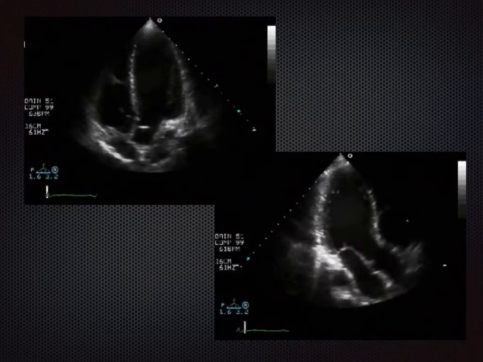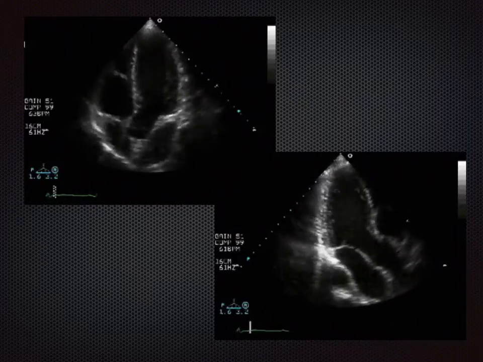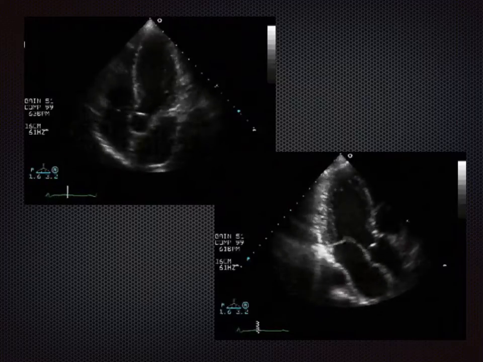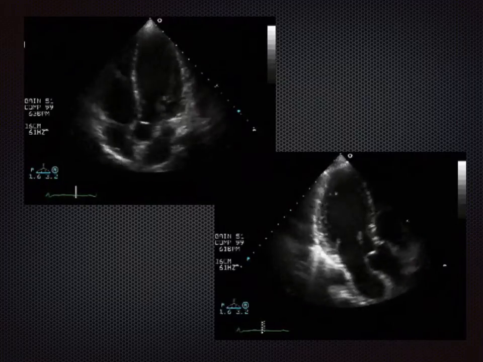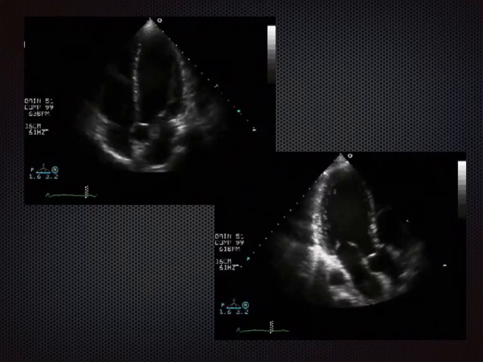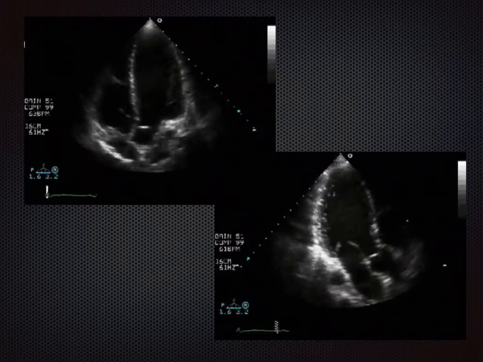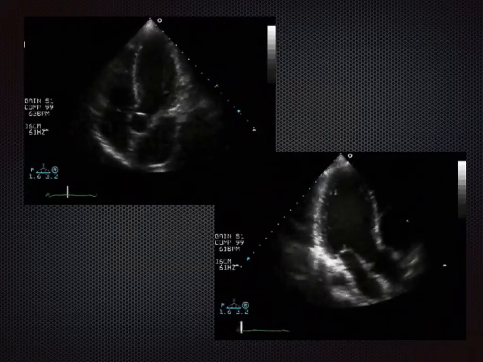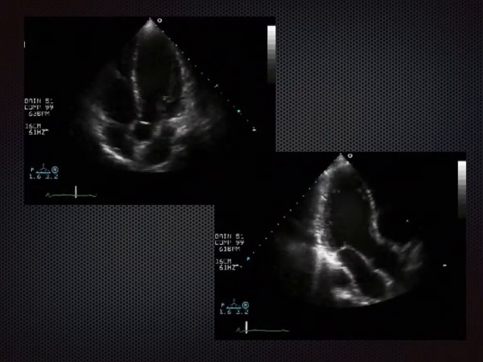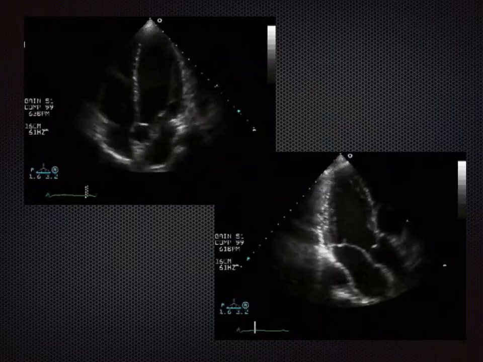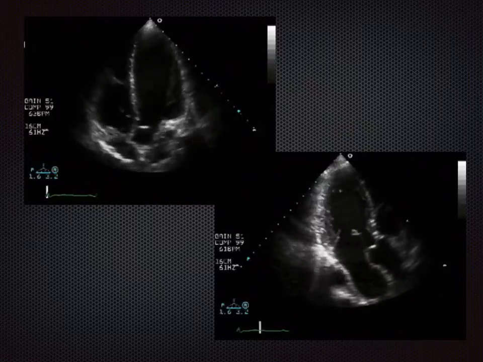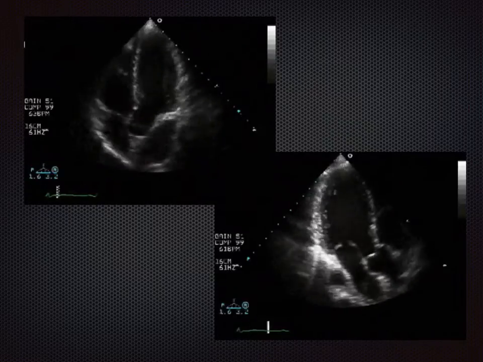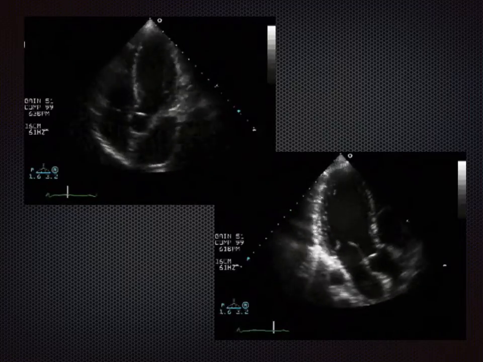On the bottom right, there's a view that actually looks very similar to a parasternal long axis, but instead of being fairly horizontal, it's actually vertical. So this is the apical 3 chamber view, and it's a 3 chamber because it shows the aortic outflow. It's not really a chamber, but like the 5 chamber, that's not really a chamber too. But when it shows the aortic outflow, then it's often given an extra